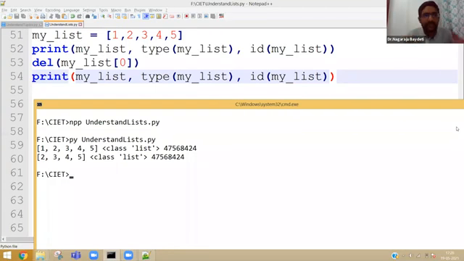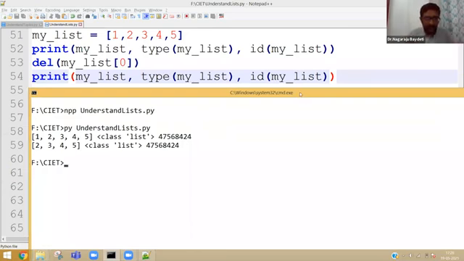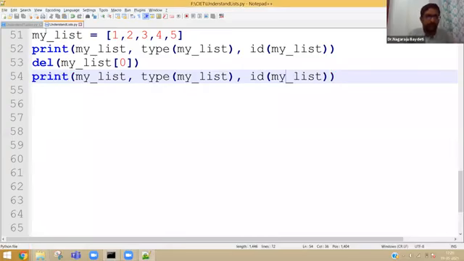Only the first value is deleted. So this is another property of a mutable list. We can delete an item from the list as a list is mutable. But the same thing you cannot do in the tuple. I hope you guys are following me.